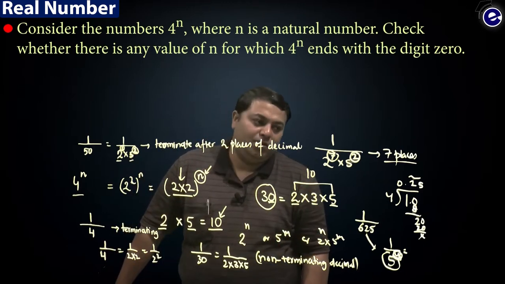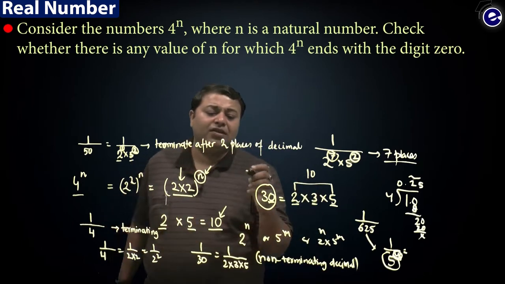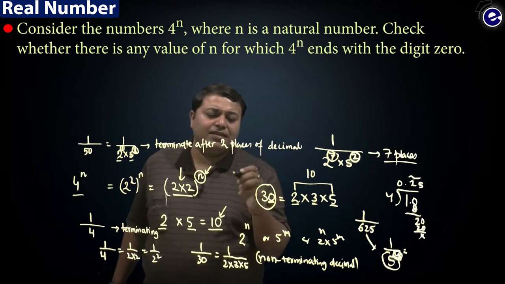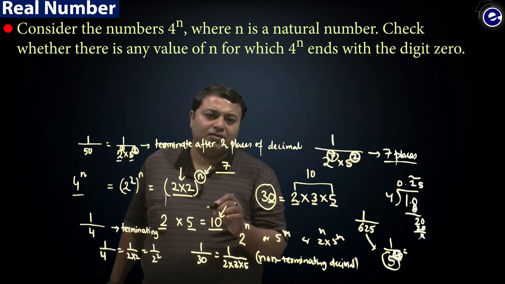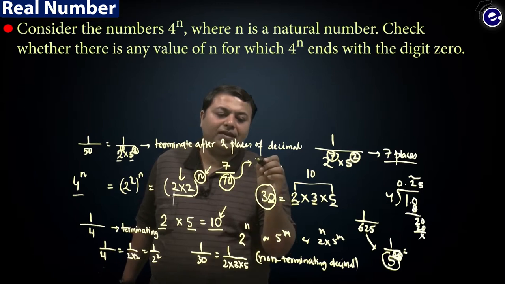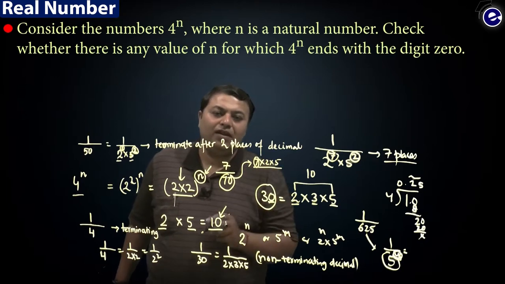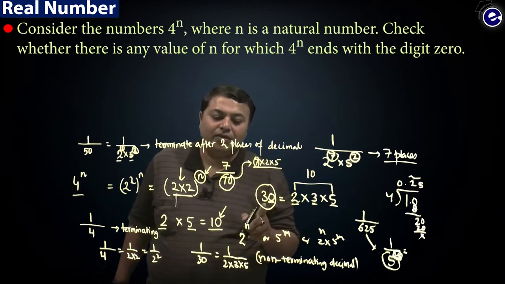Now what you have to do is, in case they give you a fraction, for example, I'm just giving you a simple example, if it is given like 7 over 70, will it be a terminating or non-terminating decimal? The first thing that children will do is prime factor 70 and write 7 into 2 into 5. Since the denominator consists of 7, which is not 2 or 5, it will be a non-terminating decimal. You are wrong. This is not correct. Okay, children.